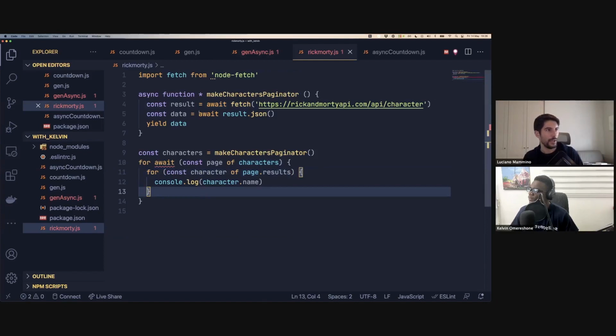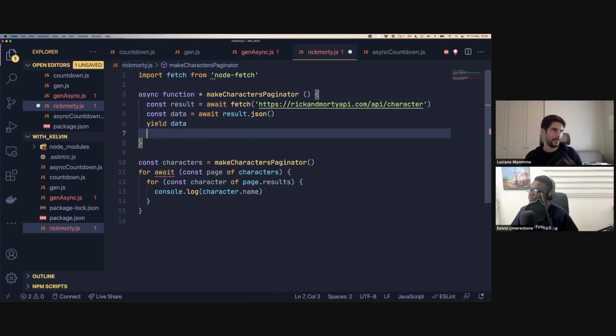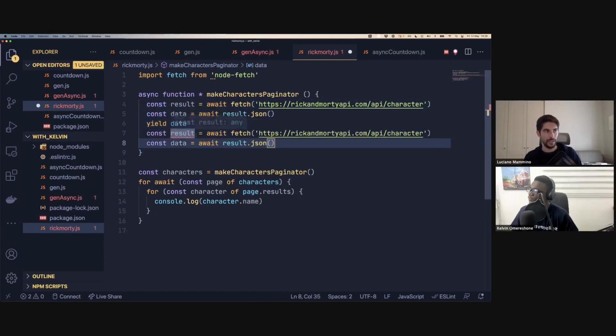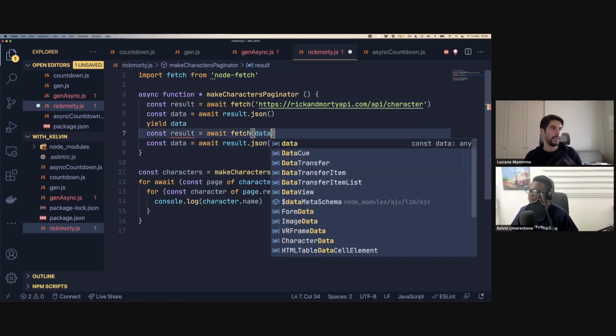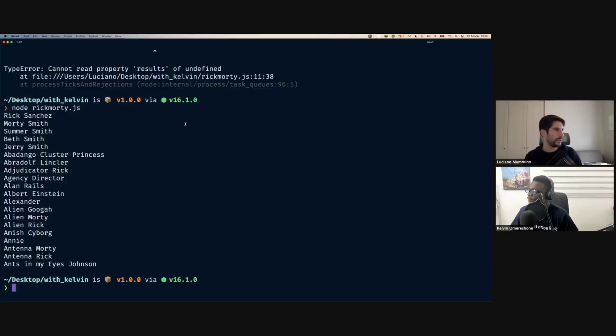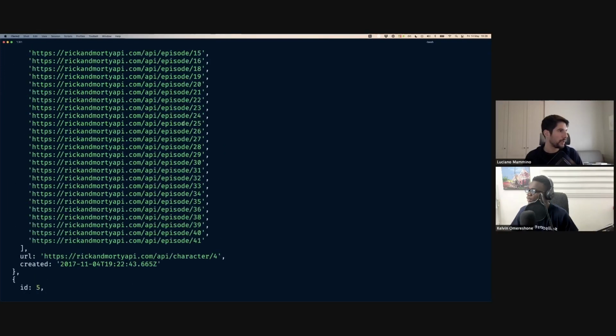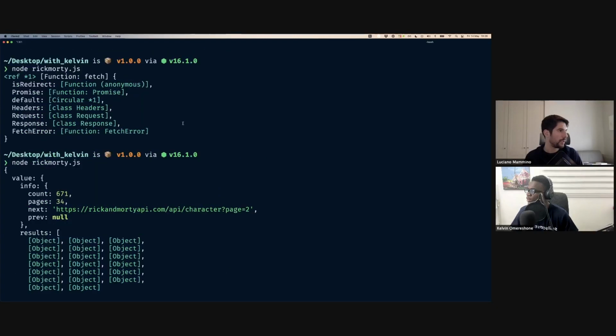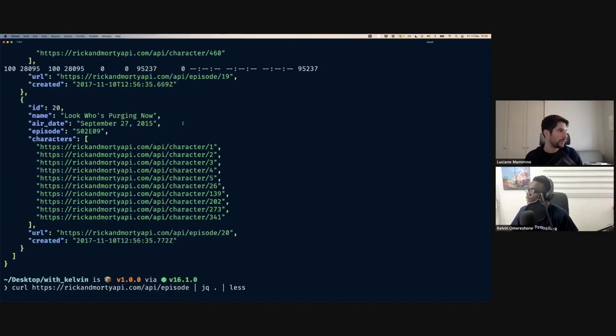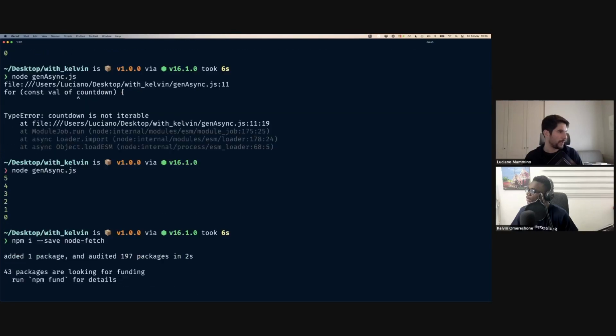Okay, so now what do we do here to go to the next page? A simple thing could be to do the same thing here, but instead of using this URL, what we can do is fetch data.info. Let's see, sorry. We should have it somewhere there. I think it's .info.next. Let's double check. Yeah,